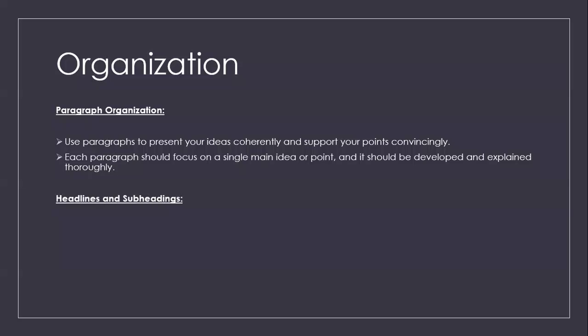You can also use headlines and subheadings by creating a headline that immediately signals the topic and the purpose of your article. When necessary, you may use subheadings as mini headlines to divide your text into manageable sections. Well-crafted subheadings not only make your article easier to read, but also capture the attention and give your reader a quick sense of the key point.